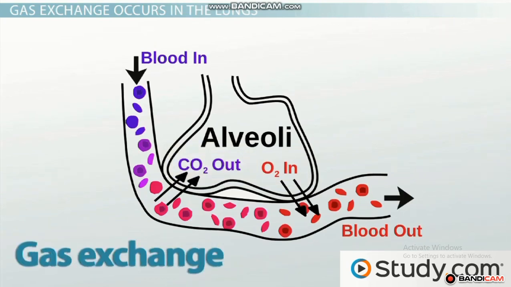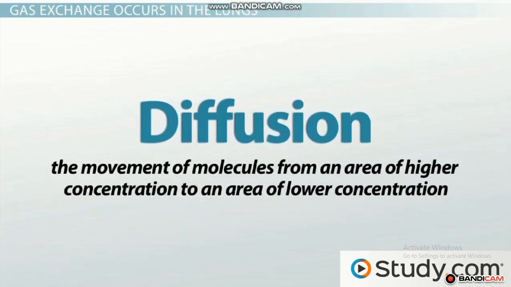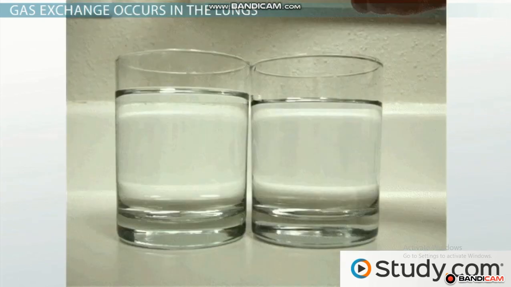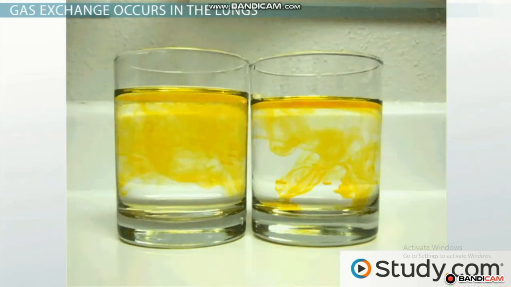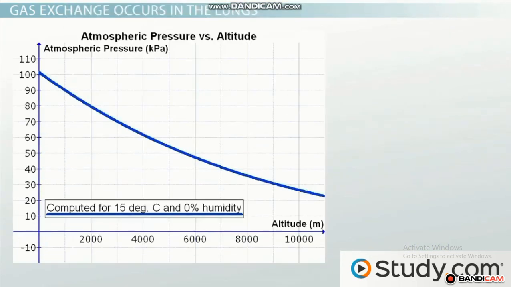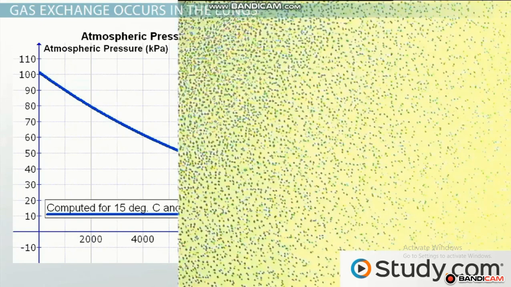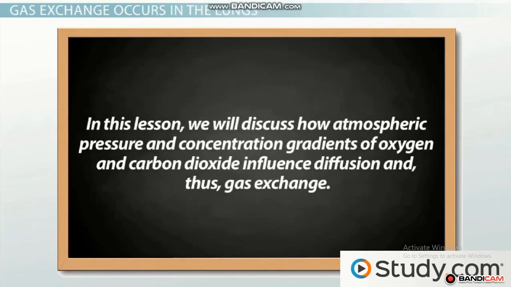Gases are exchanged between the alveolar air and the blood by diffusion, the movement of molecules from an area of higher concentration to an area of lower concentration, where concentration refers to how much of one substance is present in a mixture of substances. The rate of diffusion is influenced by a variety of factors, including atmospheric pressure and the magnitude of the concentration gradient of the diffusing substance. In this lesson, we will discuss how atmospheric pressure and concentration gradients of oxygen and carbon dioxide influence diffusion and